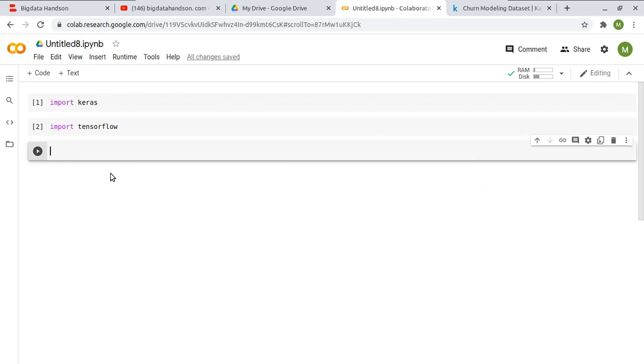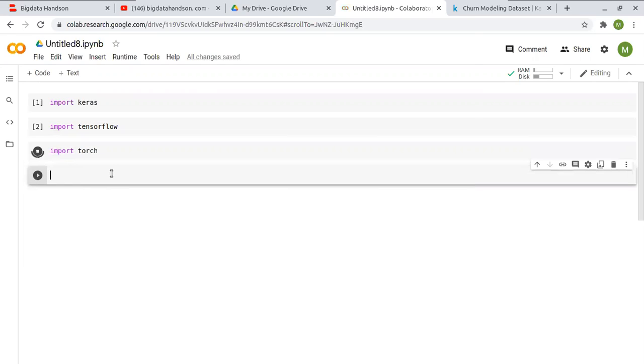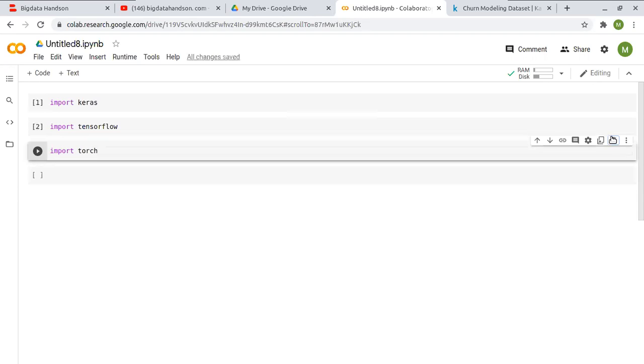If I import PyTorch, that's simply torch. So you can see these three libraries are installed in this Colab environment, and you can use them if you want. I will delete the cells.